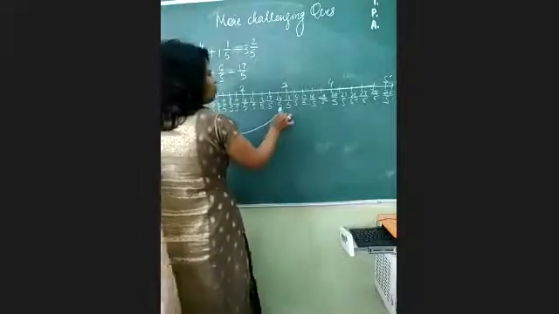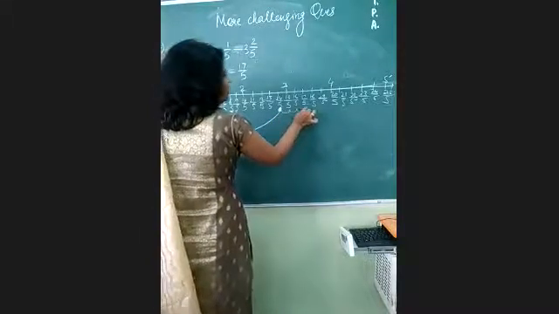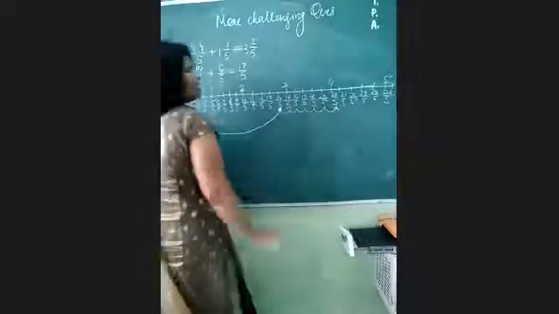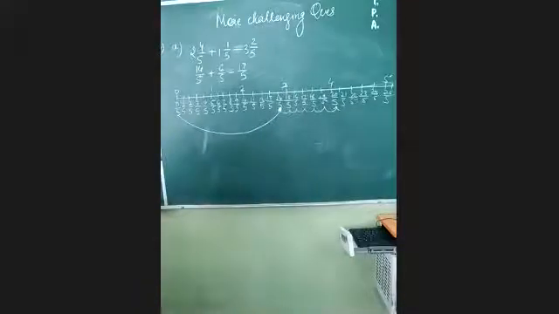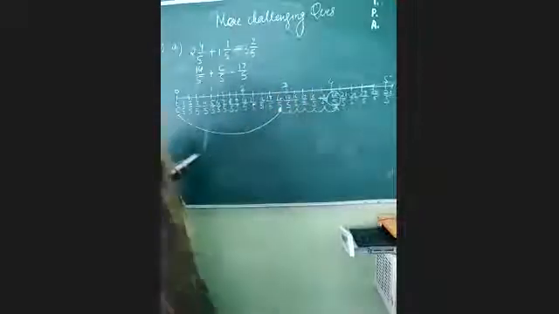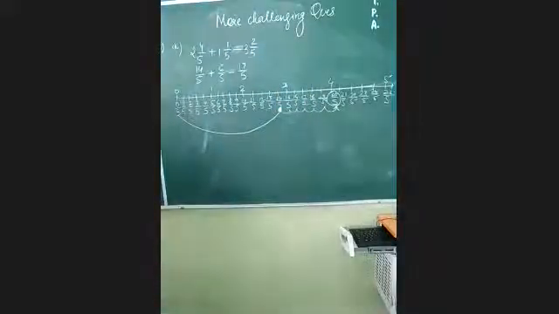So here 1, 2, 3, 4, 5 and 6. As it is, if you do plus 6 units, you will get 20/5. Okay, you are getting 20/5. Now after reaching 20/5, the question is telling us to come back, because it is telling subtraction. Subtraction means minus, and minus means coming back to the position, or you can call it the left hand side, not right hand side.